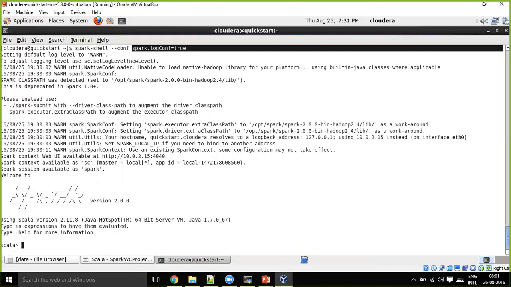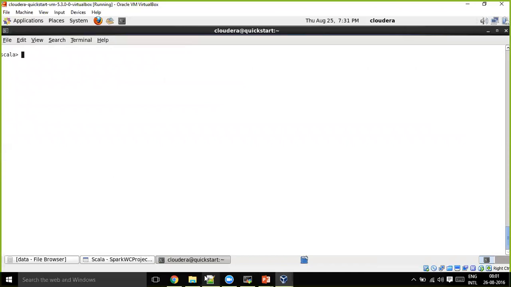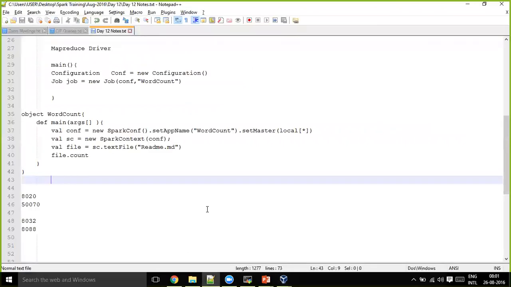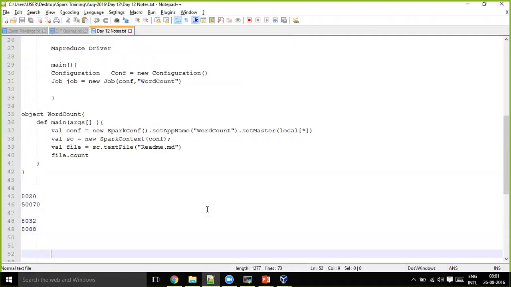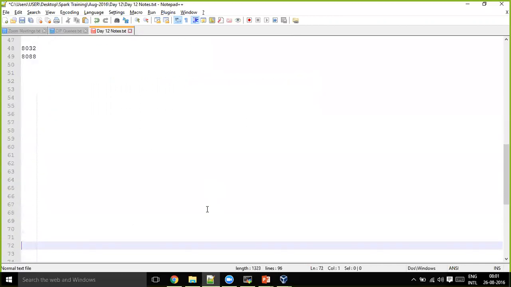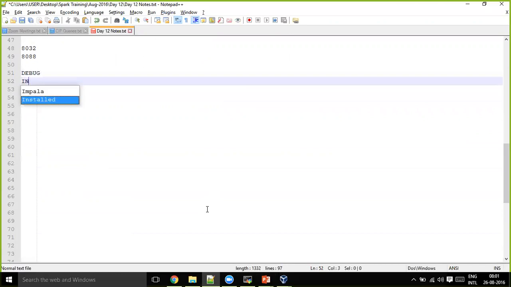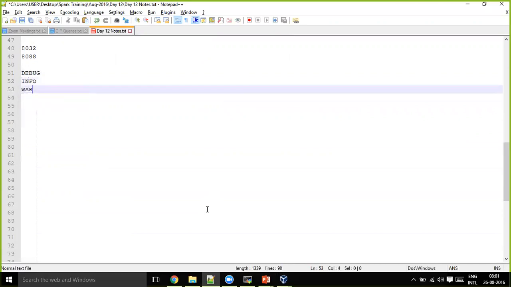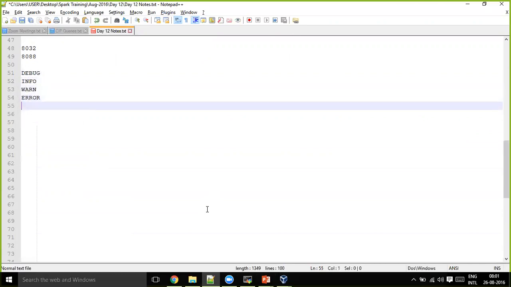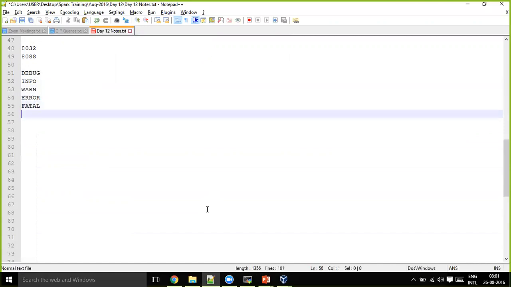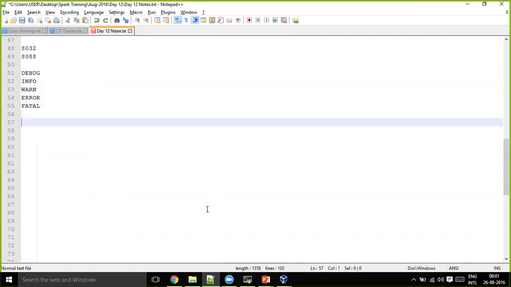Whether you have an idea or not, the log4j properties work in this order. The logging mechanism has different levels. I hope you might be having this idea: debug, info, warn, error, and fatal.